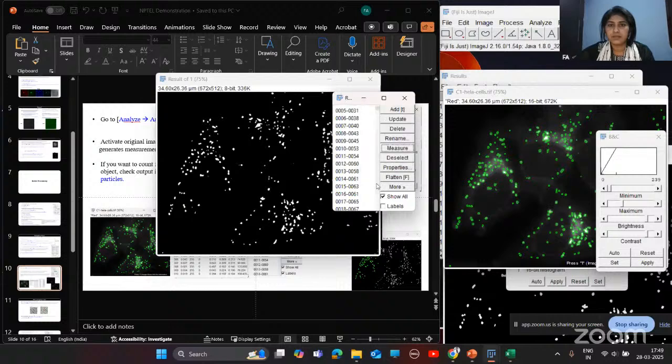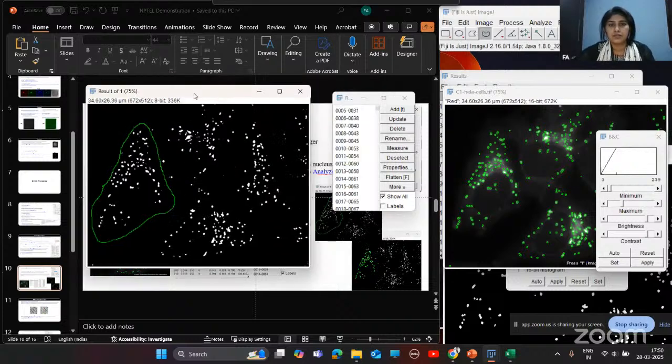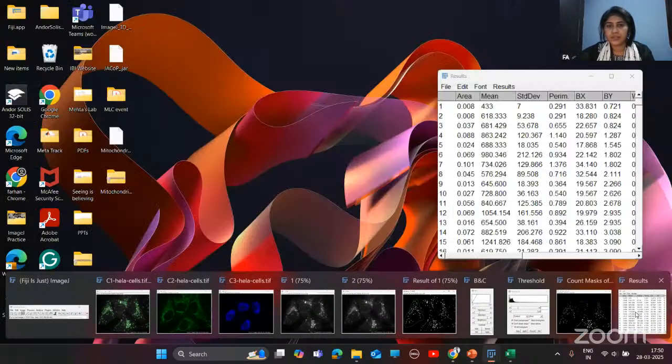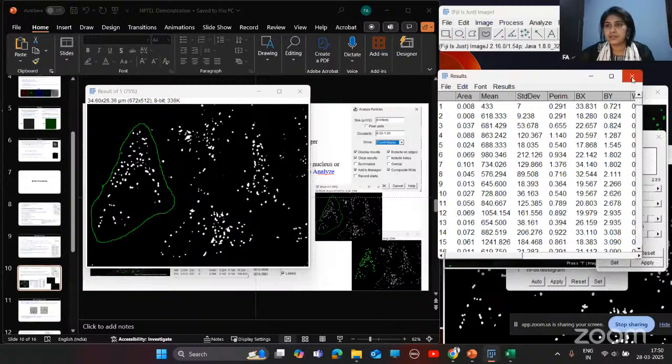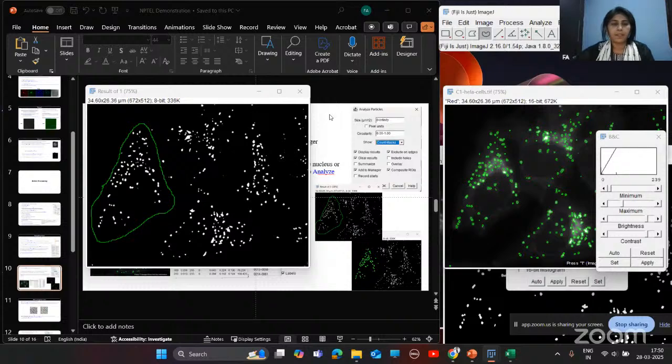Okay, and I'll draw one ROI by using this freehand tool here. Okay, so before doing this, I'll close all these values because this one is a new analysis from the same image of a particular cell.